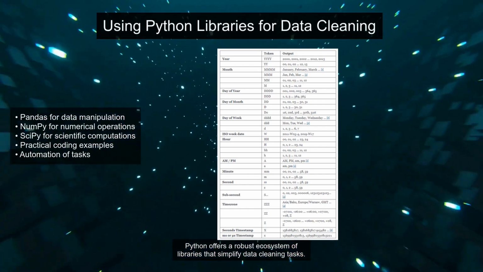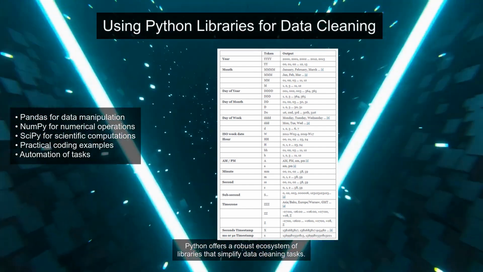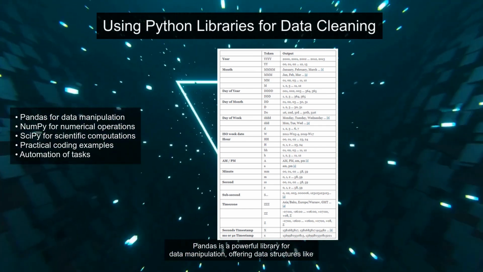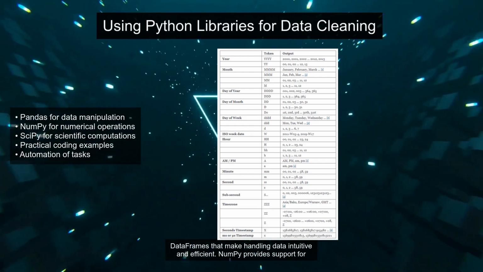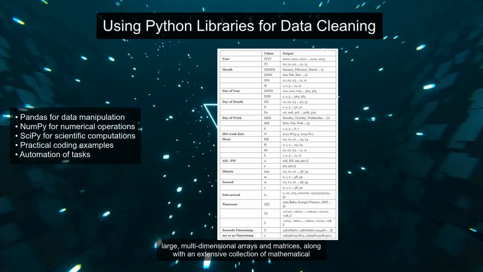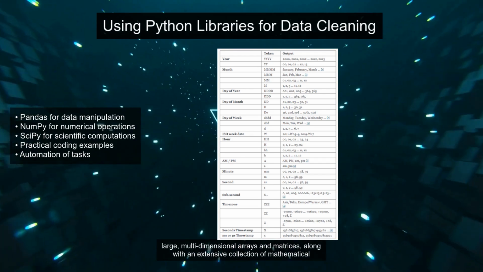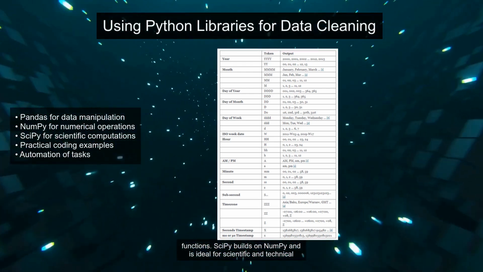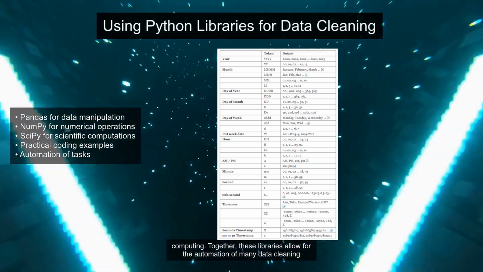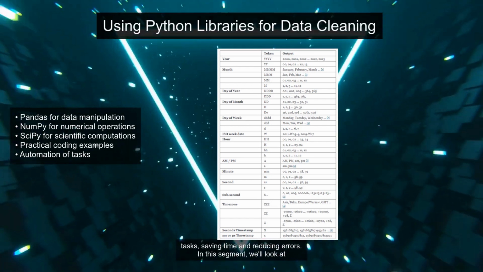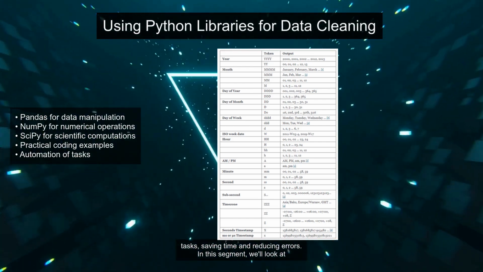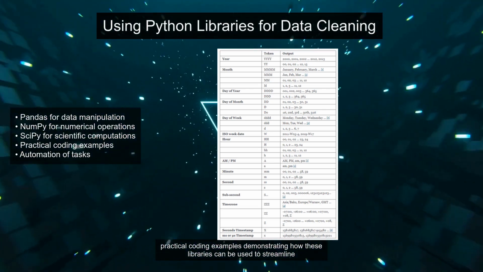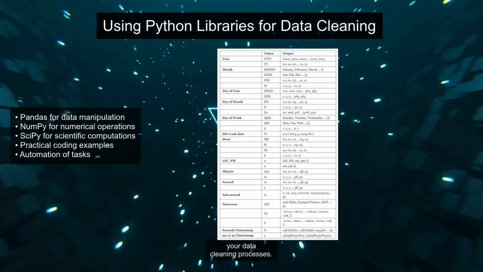them practically. Python offers a robust ecosystem of libraries that simplify data cleaning tasks. Pandas is a powerful library for data manipulation, offering data structures like data frames that make handling data intuitive and efficient. NumPy provides support for large, multi-dimensional arrays and matrices, along with an extensive collection of mathematical functions. SciPy builds on NumPy and is ideal for scientific and technical computing. Together, these libraries allow for the automation of many data cleaning tasks, saving time and reducing errors. In this segment, we'll look at practical coding examples demonstrating how these libraries can be used to streamline your data